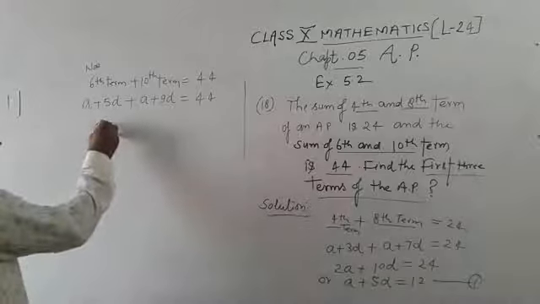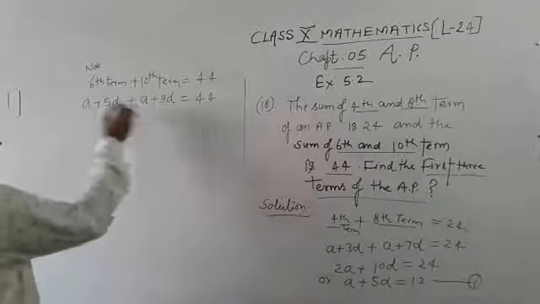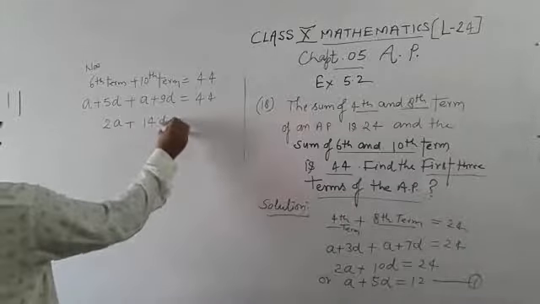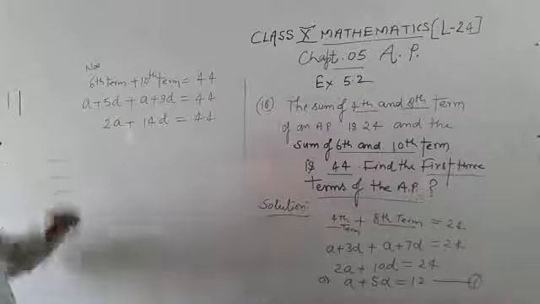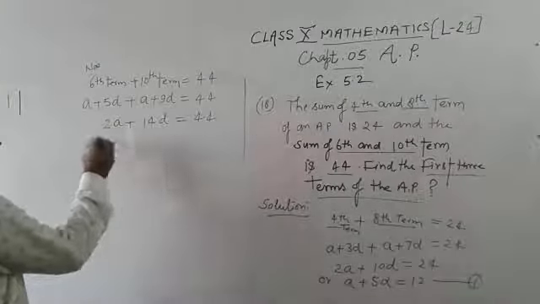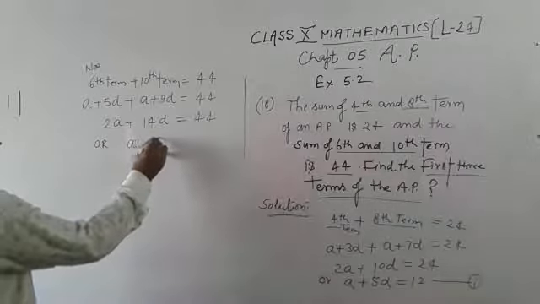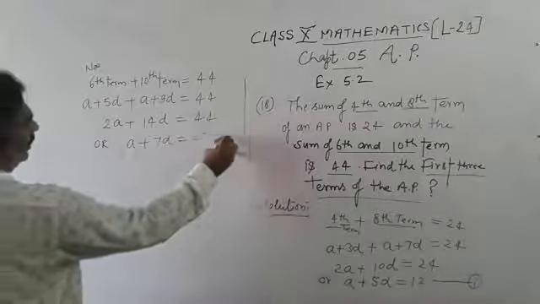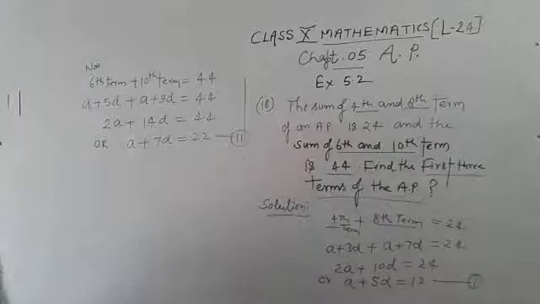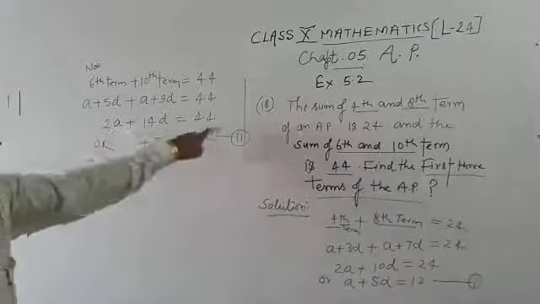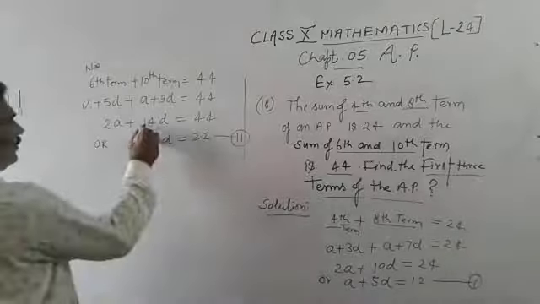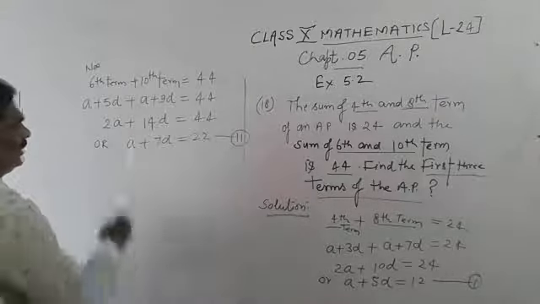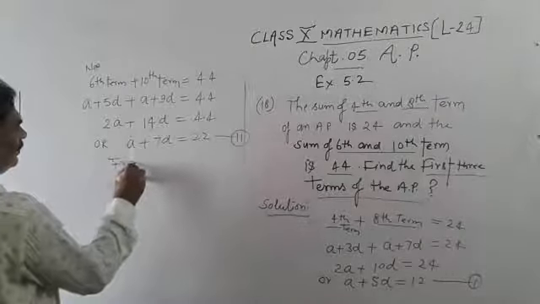You can write 2a plus 14d is equal to 44, or you can simplify a plus 7d is equal to 22, equation number 2, because we have divided this equation by 2. Now students, from the first and second